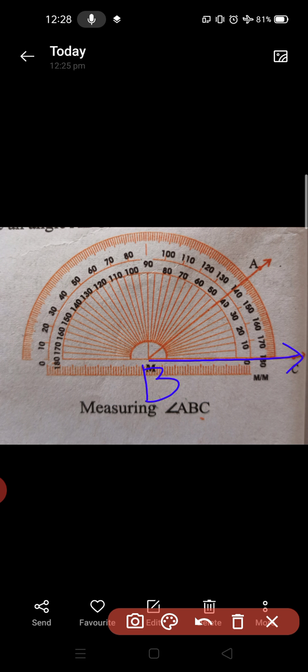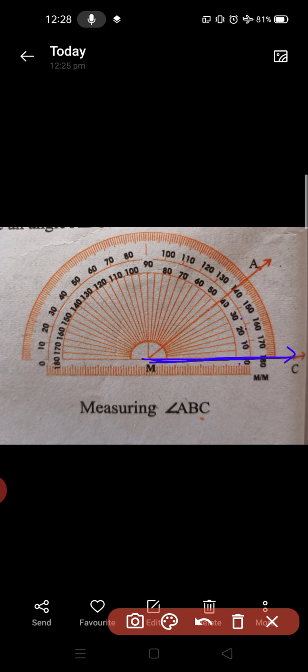Next one, there are 2 scales on the protractor. As I said, we have 2 scales, 0 to 180 from clockwise and anti-clockwise direction. Here which one do you have to choose? Read the scale which has the 0 mark coinciding with the straight edge BC. Here BC coincides like this with the straight edge. Now start from 0 here, not from 180. So start reading from 0 here. After 0 comes 10, 20, 30, 40, like this you have to start reading.